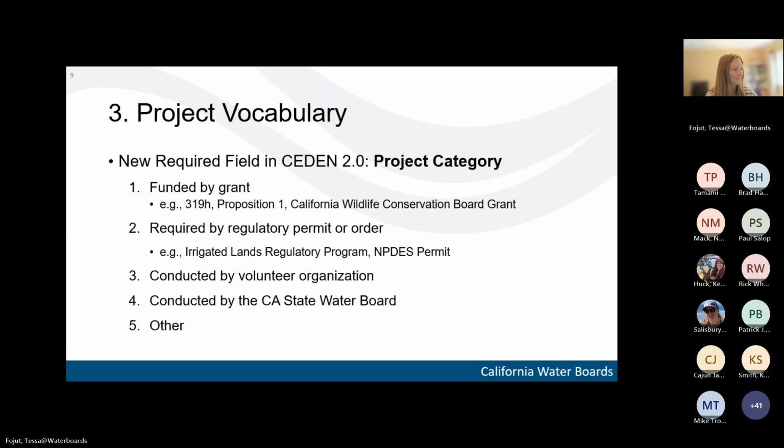I guess I just wanted to hear other feedback from this wider group: what guidance could we provide, or how could we change this to make it more conducive to real life and how monitoring actually gets funded, or the reason people are doing it.